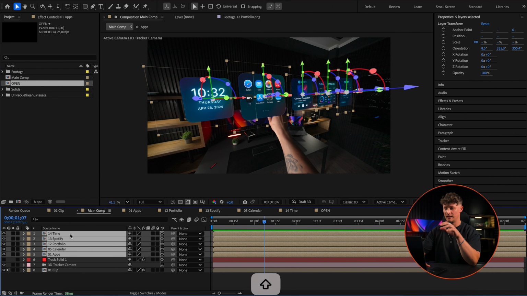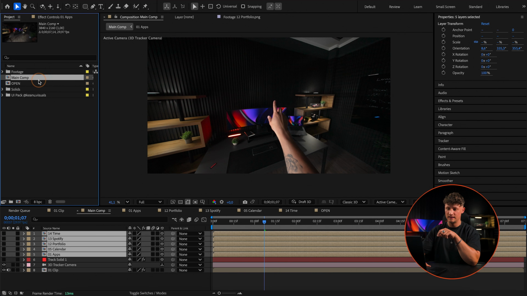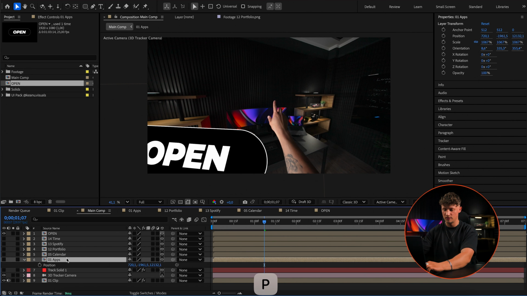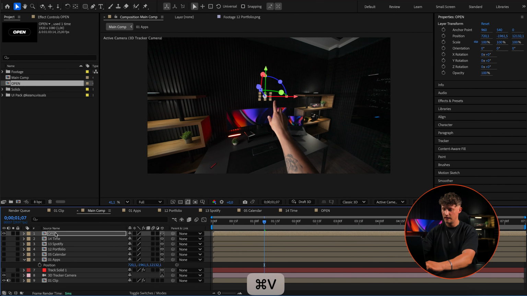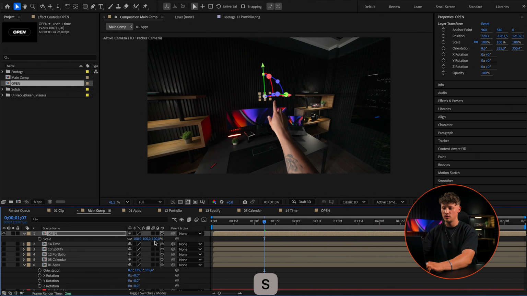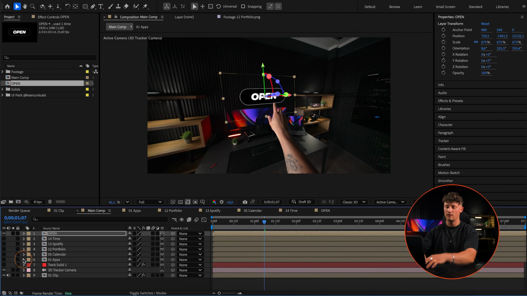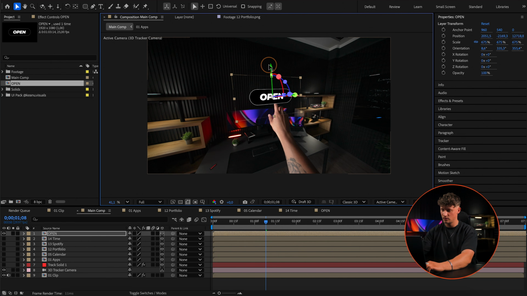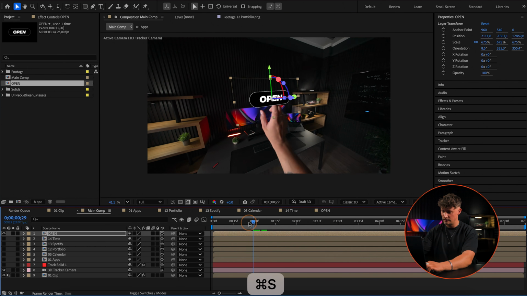So let's for a second turn off all of our HUDs here. Let's drag in the open button we have. Yes, we can also make this one a 3D layer, and we want that position for the first HUD again in 3D space, and also the orientation. So yeah, that saves a lot of time just copying and pasting all of those position orientations, so everything stays in the same position. Let's now place the open button where we actually press it in the video, so somewhere around here. That is cool.